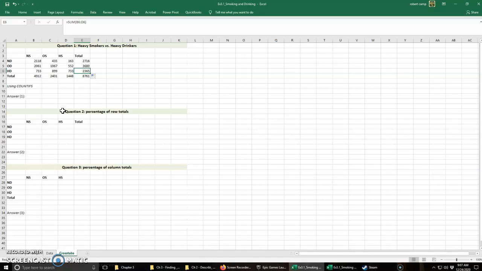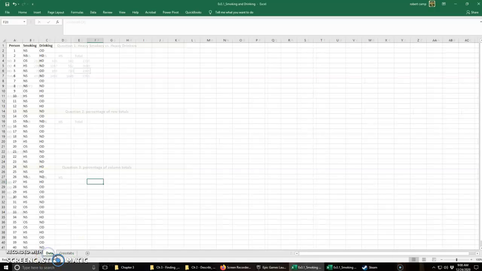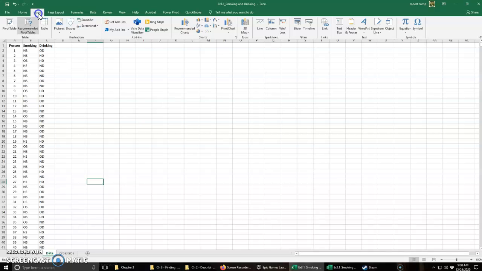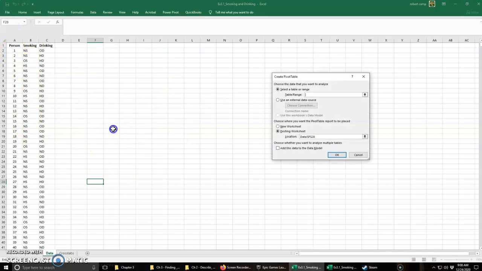Okay, let's do this now in a different way. We will do it using a pivot table. First thing we're going to do is start the data set. So we'll go to data, and then we're going to insert a pivot table. I like going to the tab where the data is going to be because when I do this, it's going to,